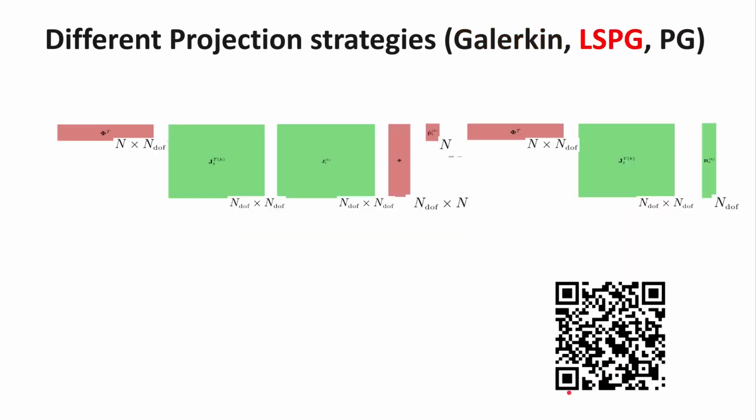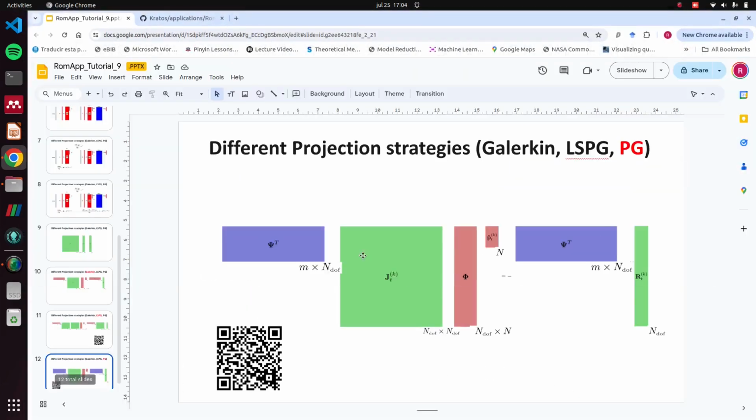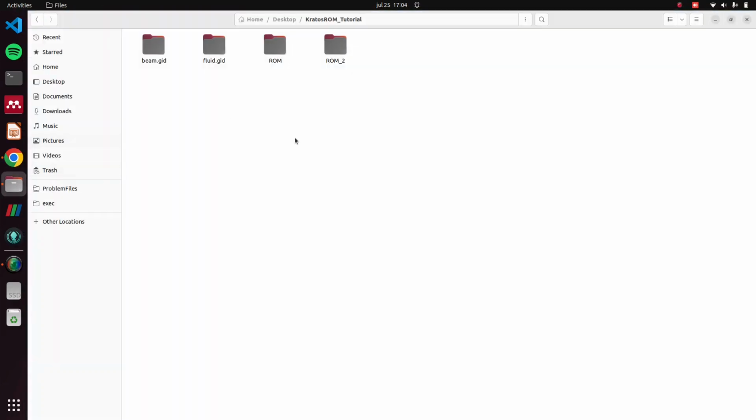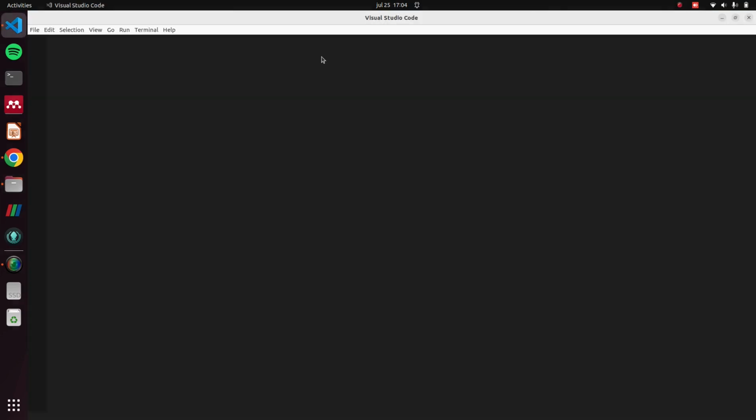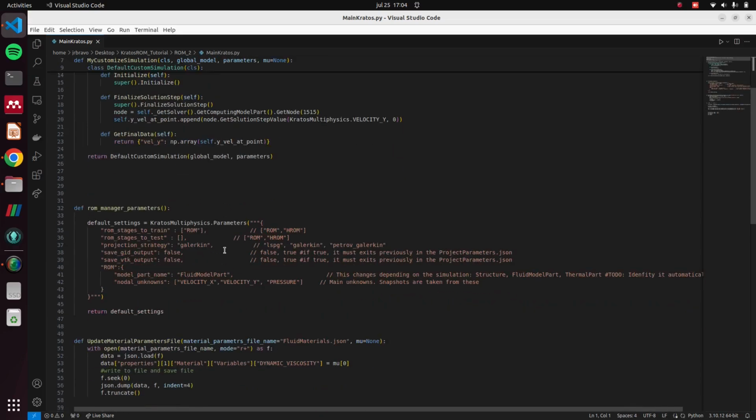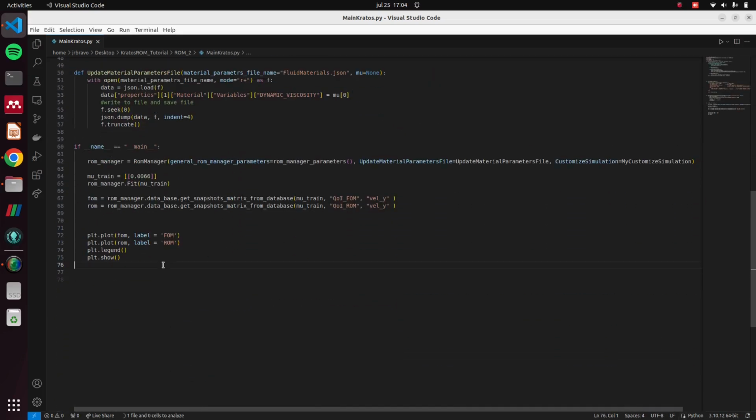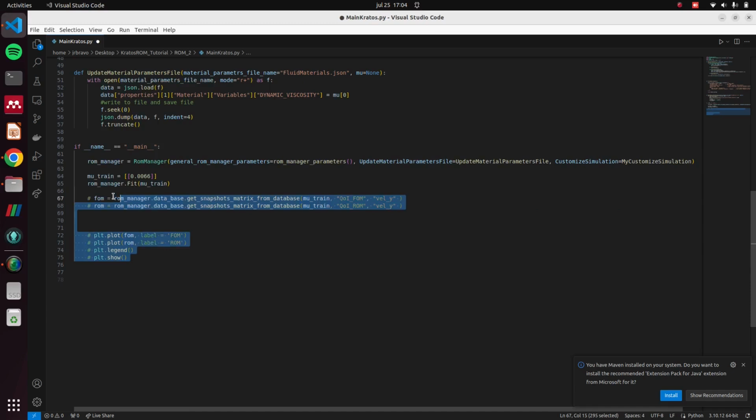So that's all the theory I wanted to mention. And now let's see how we set this in an example. In this case, in the fluids example, let's go to the main Kratos.py. This is the last example that we launched. Let me just comment this here, and